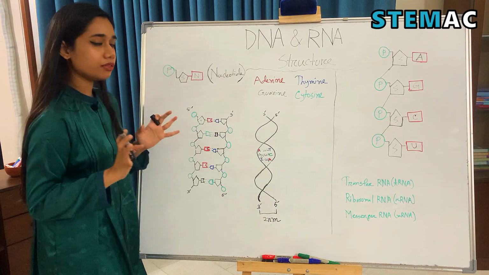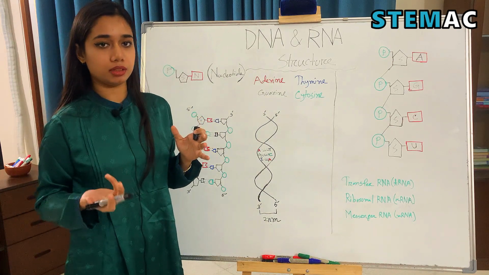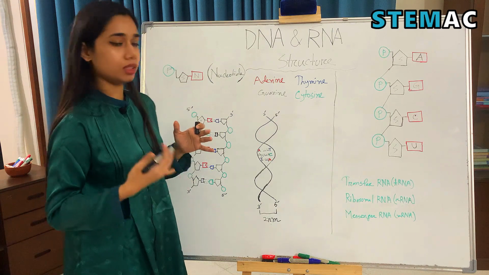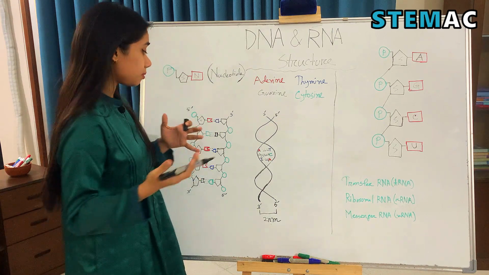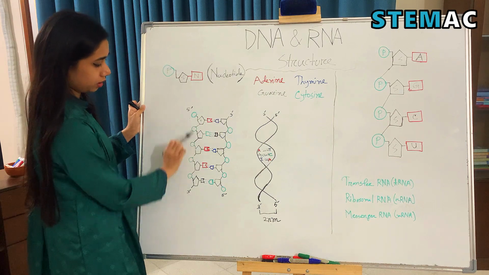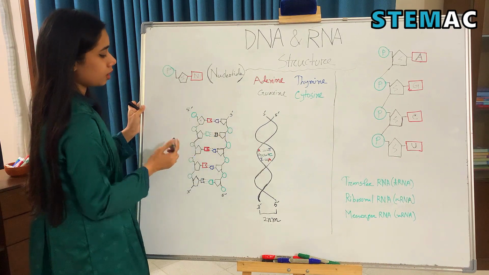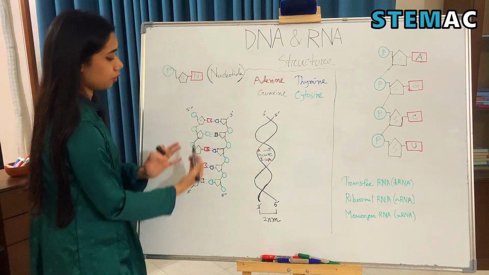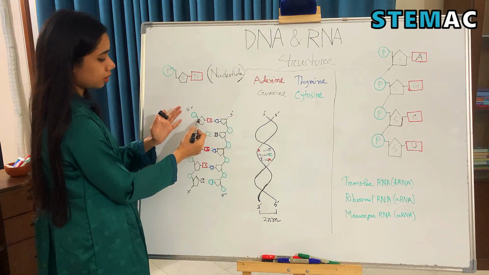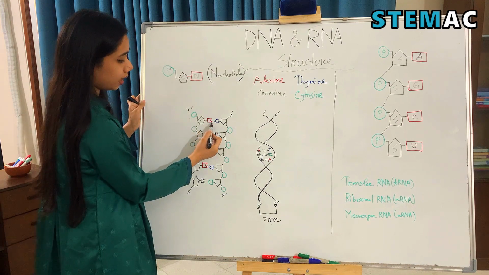Now in the case of DNA, we need two polynucleotide strands. Therefore DNA is a double helix structure. Here we can see one polynucleotide strand and here is another polynucleotide strand. This is the backbone, the sugar phosphate backbone, and in the middle we have the